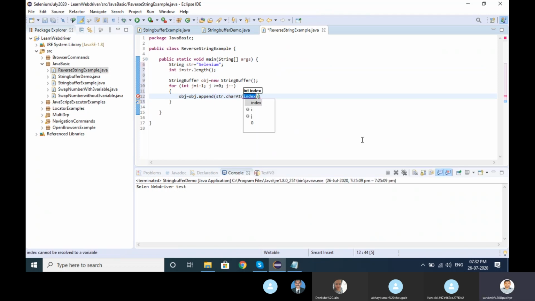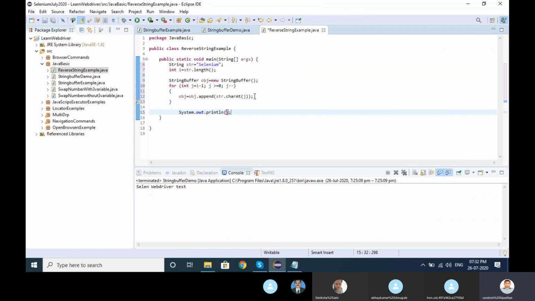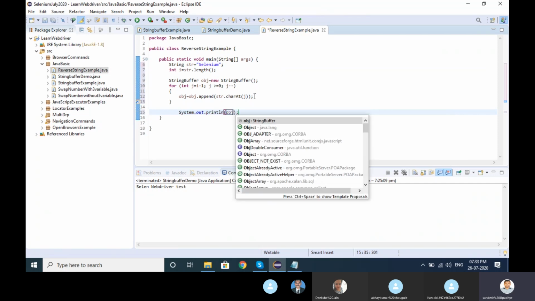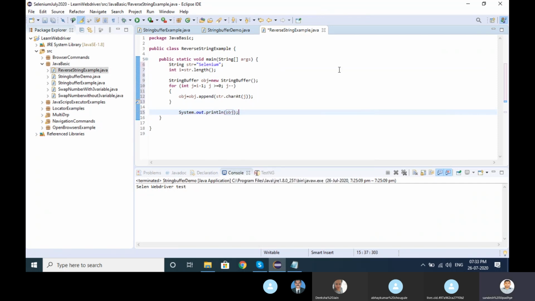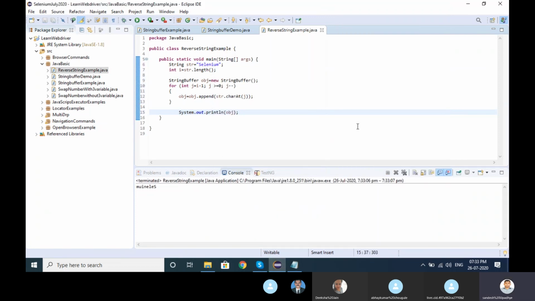If I pass index as j, it will store and append the str character. charAt will be taking one by one value. Let me run it, and if it is working then we will see. It should work. Correct. It's a very simple program we wrote.